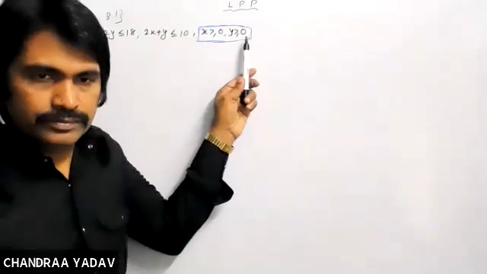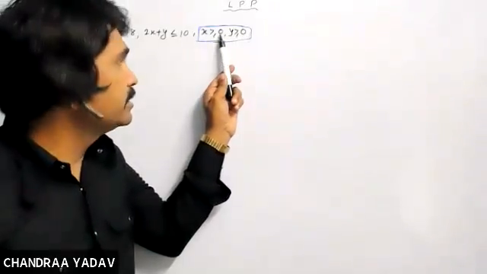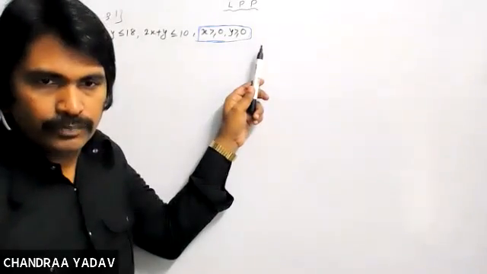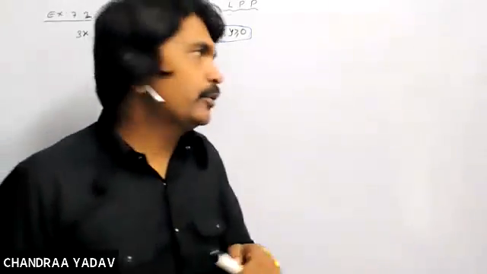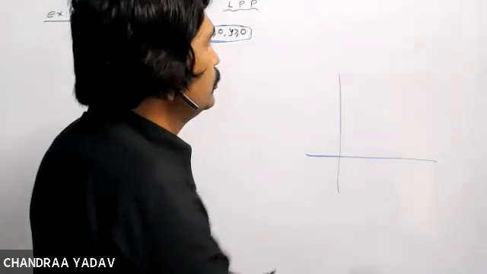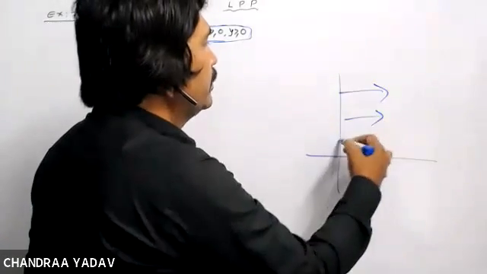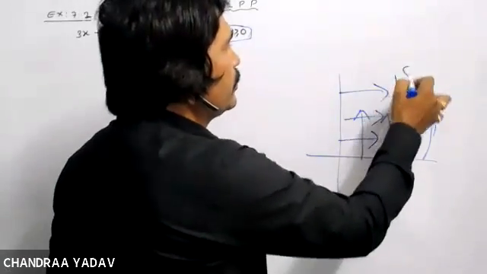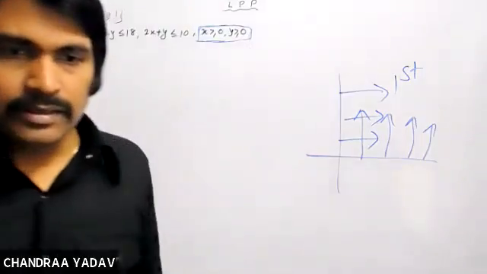Can you repeat this? Yes. Whenever we find this condition in the question, it means x is greater than or equal to 0, y is greater than or equal to 0. If you have practiced 7.1, when x is greater than or equal to 0 and y is greater than or equal to 0, the solution set is this only, right? We have done this. So where are we getting the solution set? This is the first quadrant.